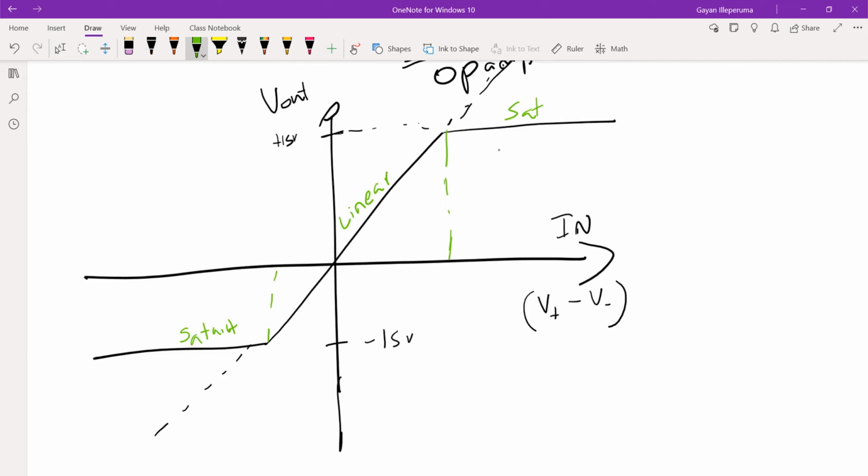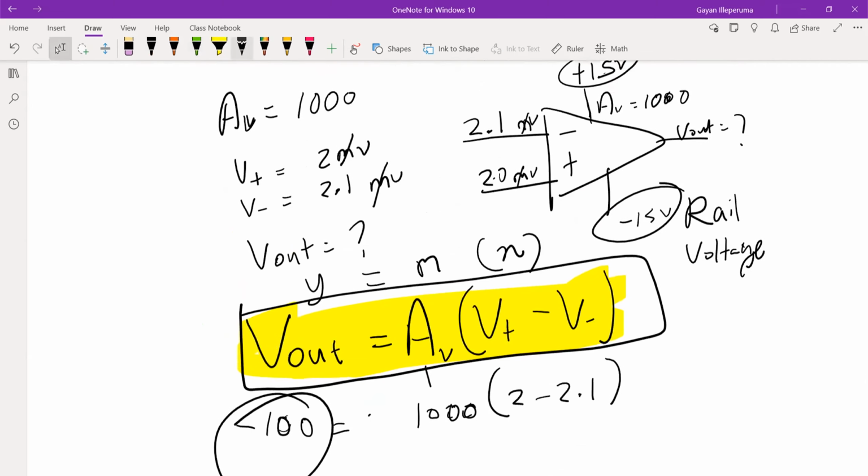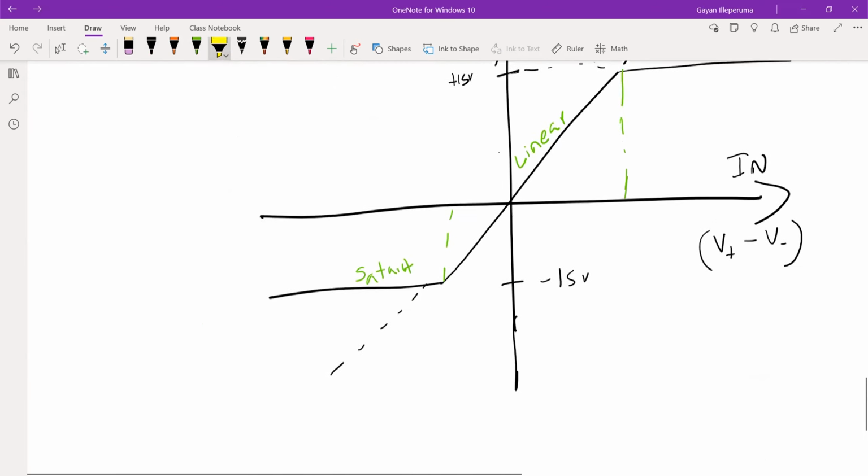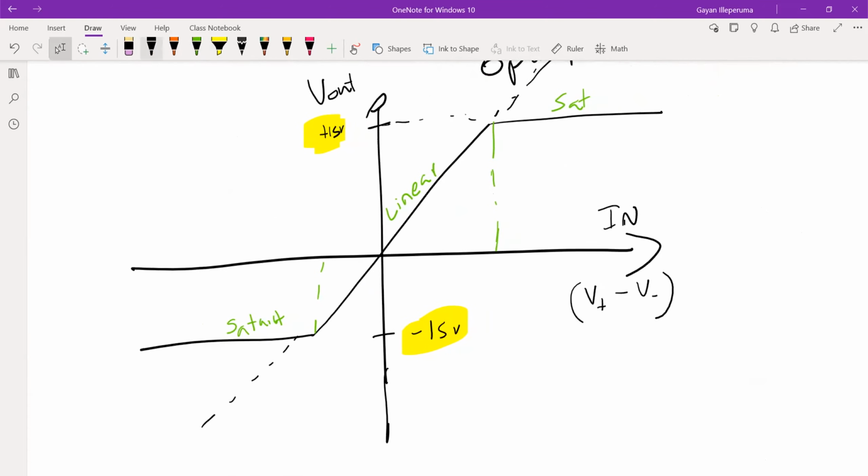I'll give it as a calculation. Now assume the same op amp with an open loop voltage gain of 1000 and assume the supply voltage is plus 15 to minus 15. If we use this op amp in the open loop configuration,